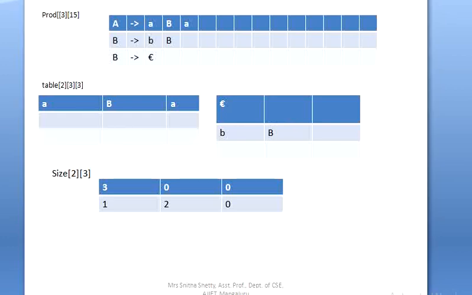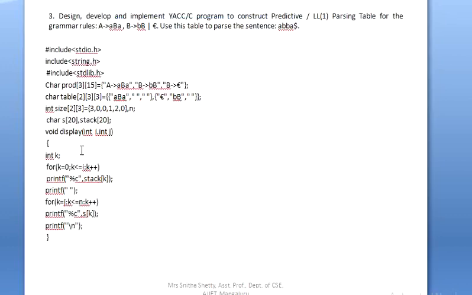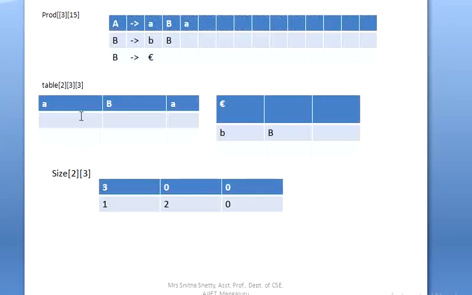Now I am inserting some characters, some data for that array. What data am I inserting? In the first array I am inserting A, B, A, then null, null, and here I am inserting epsilon, B, B. So let us insert here. First contains A, B, A for this table. Next is null string, null string. In the next table I am inserting epsilon and B, B, and here it is null.